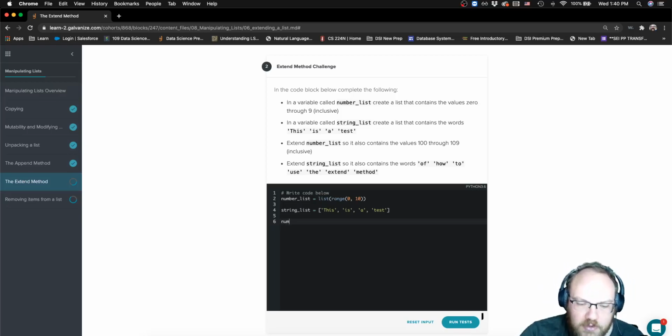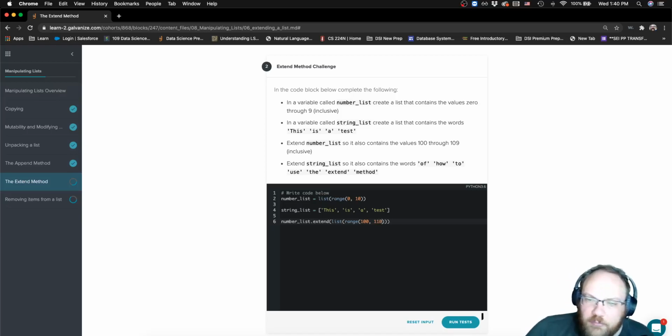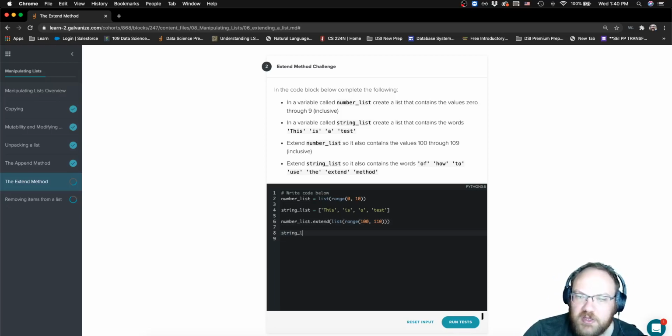So how we're going to do that, we're going to go number list dot extend, right? And for our parameter, we're going to use, again, a list, not a range object, but we want to start at 100 and end at 109. So we'll have to put in 110, right? So we include 109. And then it wants us to extend our string list